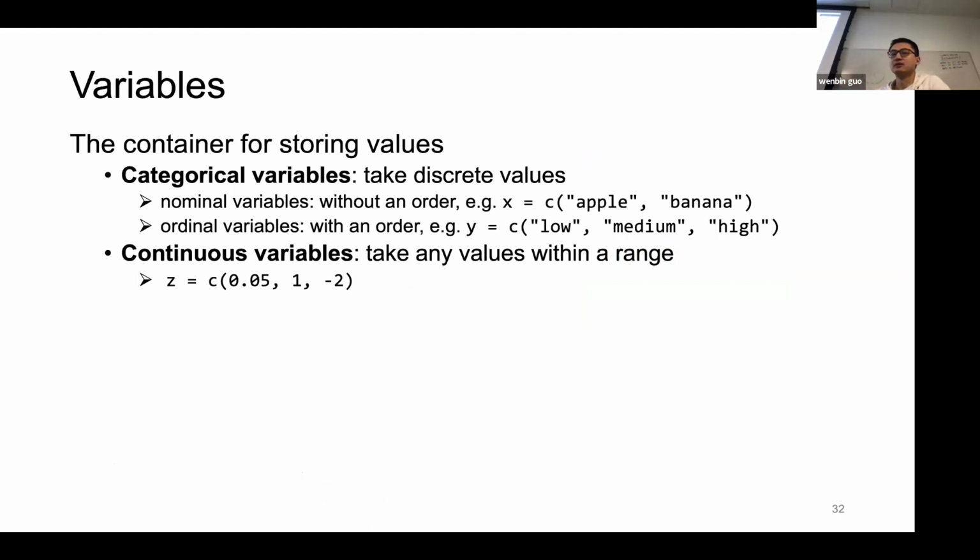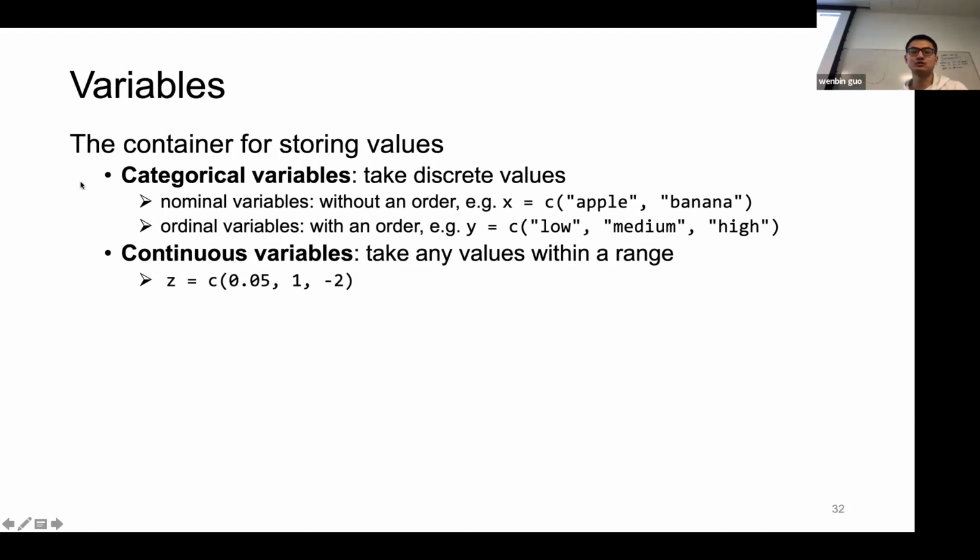So for R, we first talk about variables. If you know any programming language, you know that a variable is just a container that stores some values for you. For example, if you have just one single variable, it stores one value. And if you have an array or a string, then it might store a lot of values. So for variables, we actually can